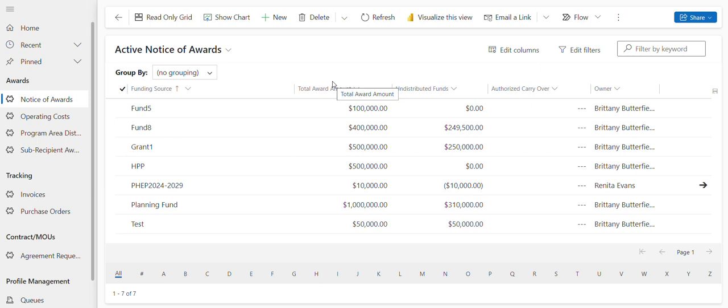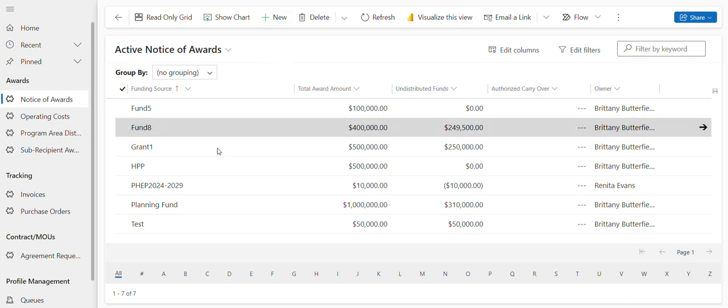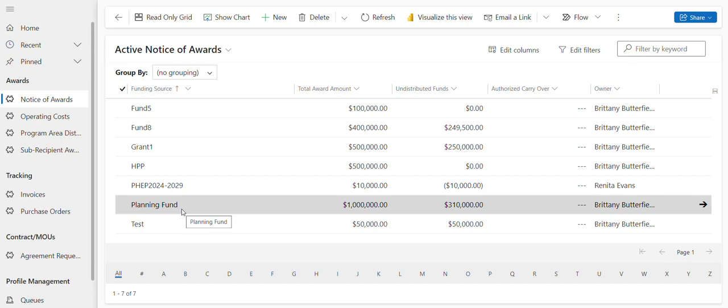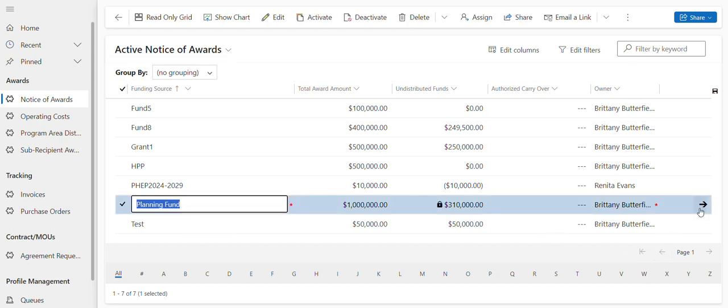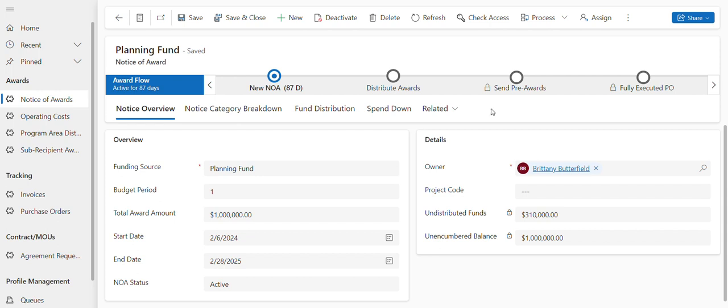So this is a proof of concept fund management system that I designed for the grant managers, fund managers of the world. What it allows you to do is create essentially a little record for when you get your notice of funding. And then with that, this is an editable grid that would allow you to change information here if you would like to. This can be designed in a few different ways, but you're able to, at that point, click into